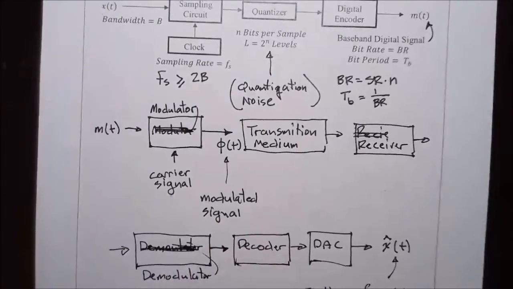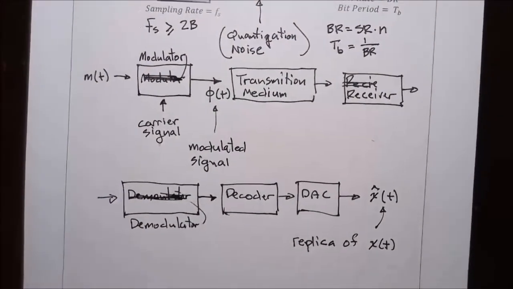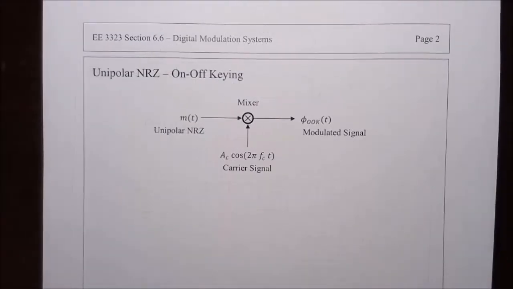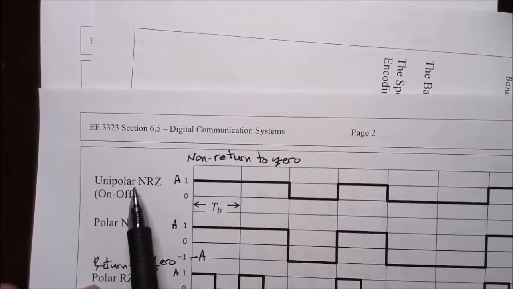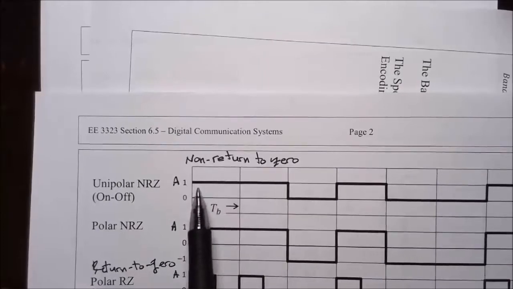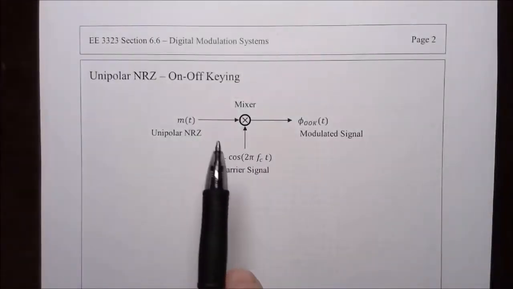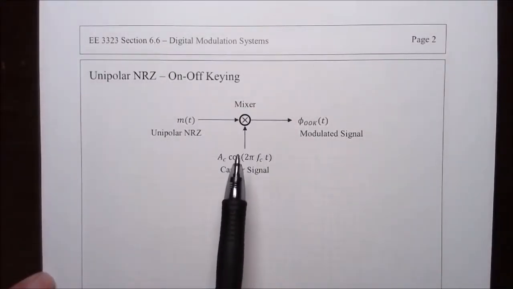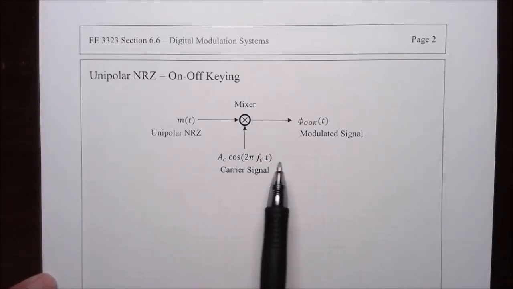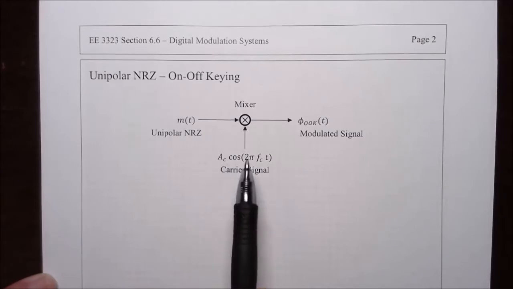Okay, there we go. You can tell I'm doing this live on tape. So for our first modulation system, let's consider the simplest of the encoding, the unipolar non-return to zero. Logical ones are 1 volt, logical zeros are 0 volts. We will apply this signal to a mixer. This is a multiplier, and we'll mix it with a carrier signal, a sinusoidal carrier signal, amplitude AC, frequency F sub C,